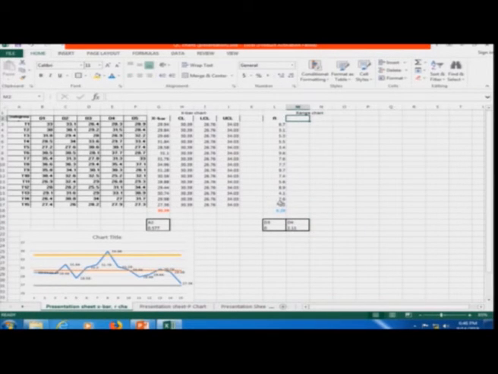So, the R bar value is there, that is our center line. Okay. Then we have upper control limit and lower control limit. Center line is nothing but R bar, this is equal to this cell, enter, I lock it using dollar sign and dollar sign.